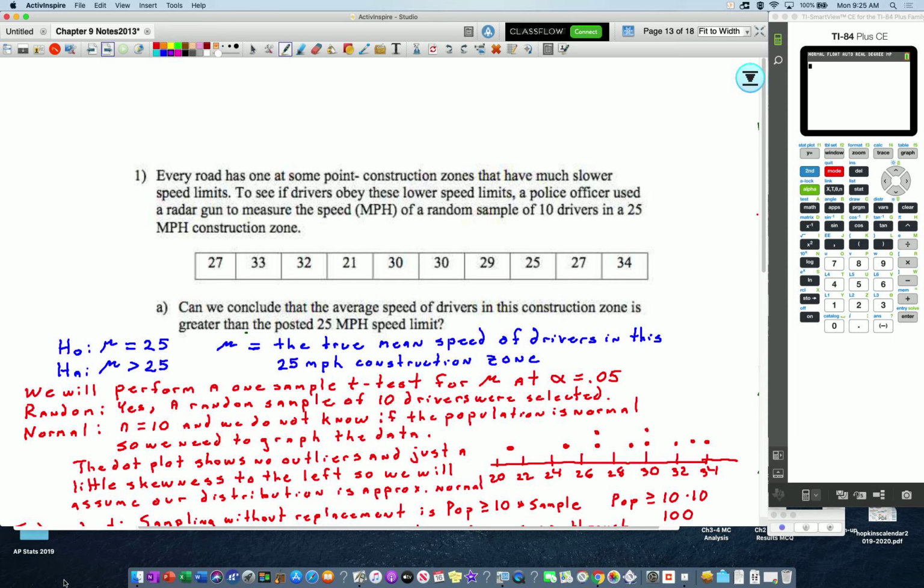Okay? So mu is the true mean speed of the drivers in this 25-mile construction zone. We're going to assume that they're going 25 miles an hour. We want to know, is it greater than the posted 25-mile-an-hour speed limit? So everything again there in blue is the state. So we have our null and alternative hypotheses, and we've defined the mean. Okay? So now,